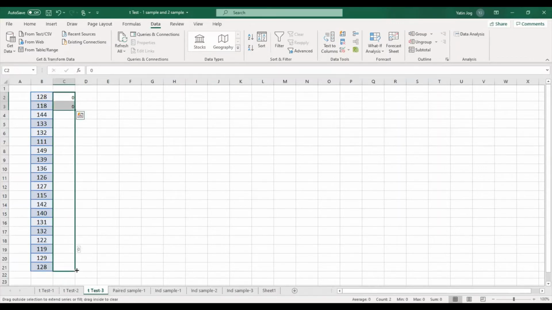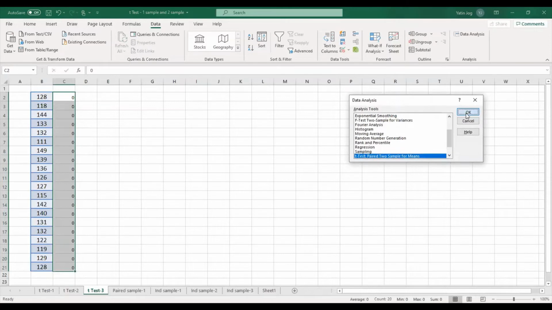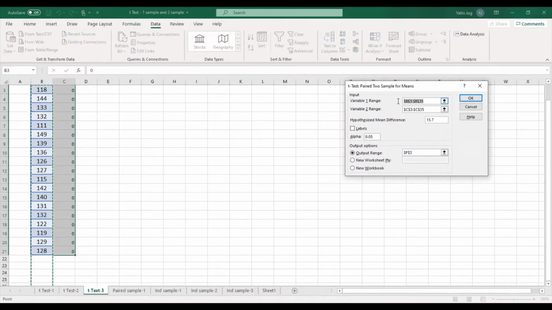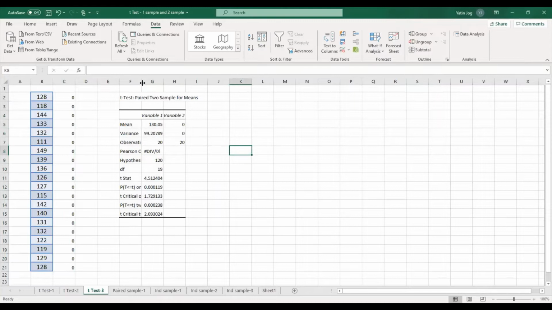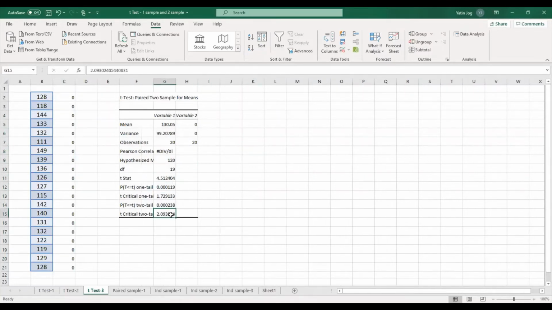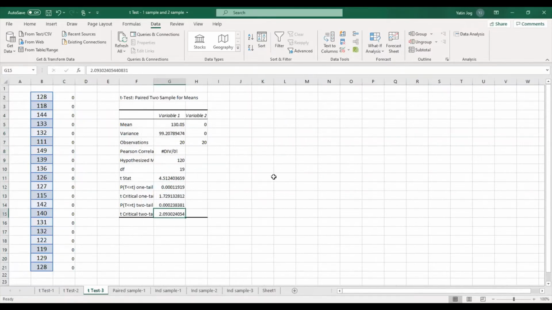What is the calculated T? Sir, the value is 4.512. 4.512. That is the calculated one. Yes, sir. Okay, and what is the table value? That is 2.093. Okay, so what is your analysis from this? Sir, here our calculated value is greater than the table value. Yes. Then we reject the hypothesis. Correct. So we say we reject H naught. Yes, we reject it. Correct.